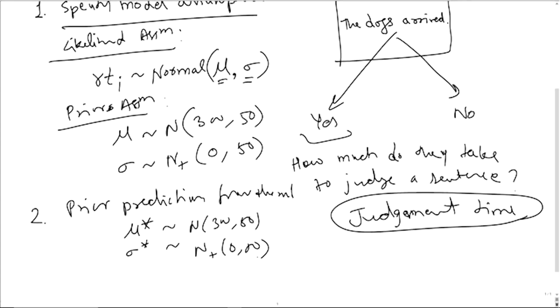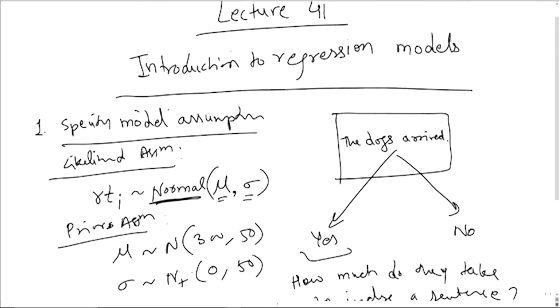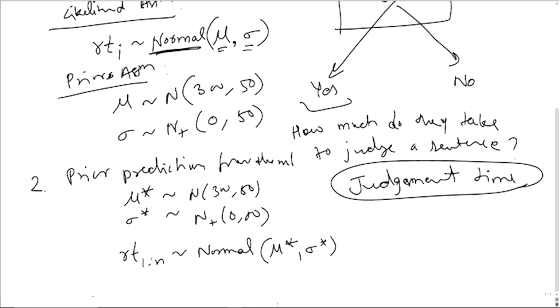And then based on these proposals from the priors, you will generate data, basically n number of trials from the likelihood function. So basically data generative function conditional on mu star and sigma star. Okay, so that's how you can generate prior predictive data sets, right? So this is the process, right? So these are two steps so far. Okay, what we will do in the next step, step 3 would be,